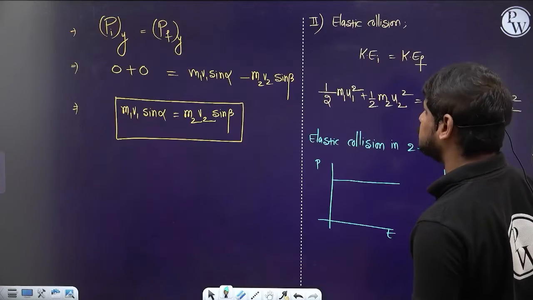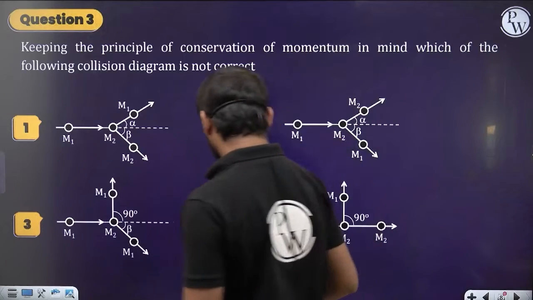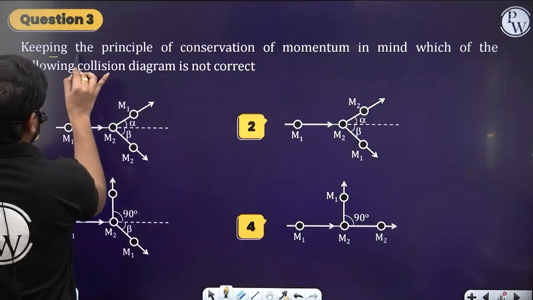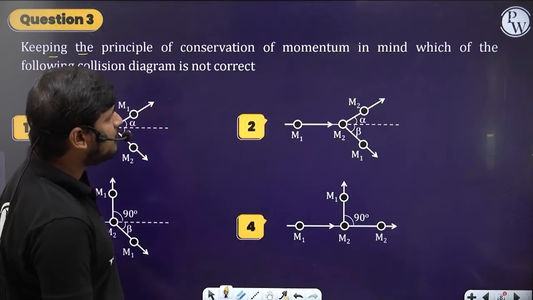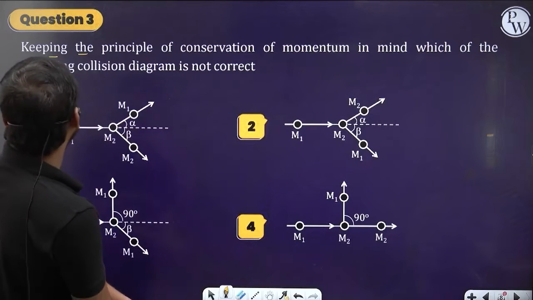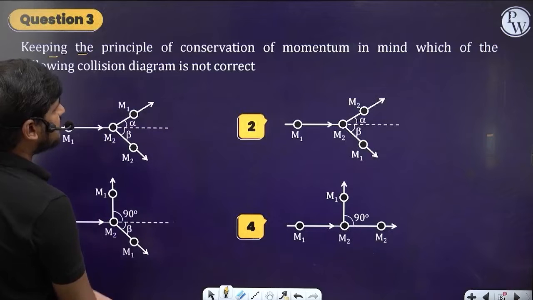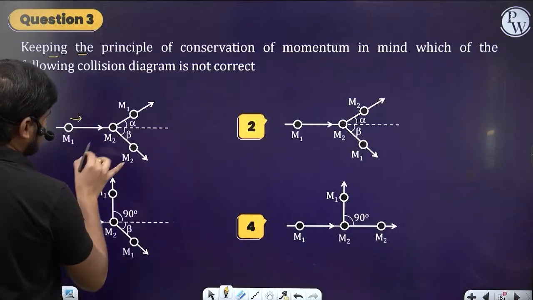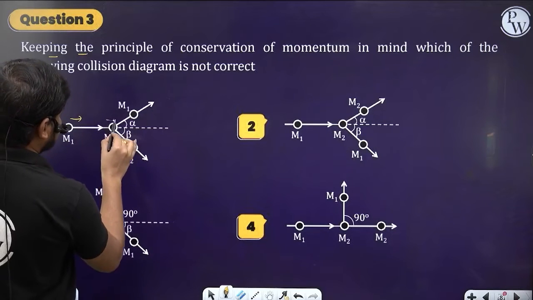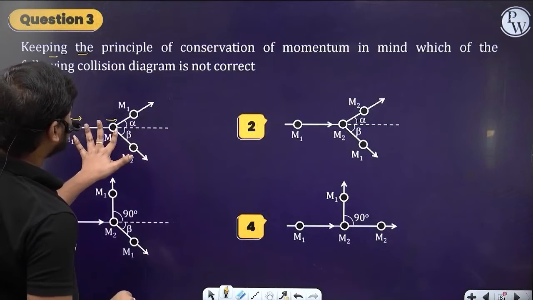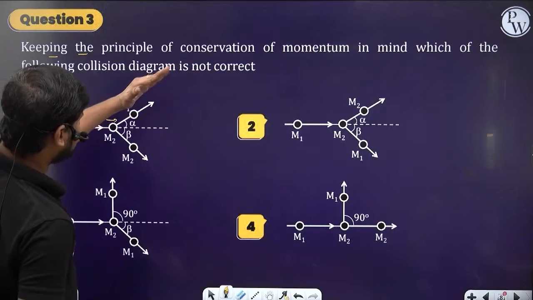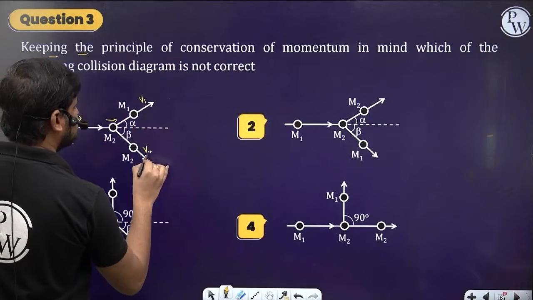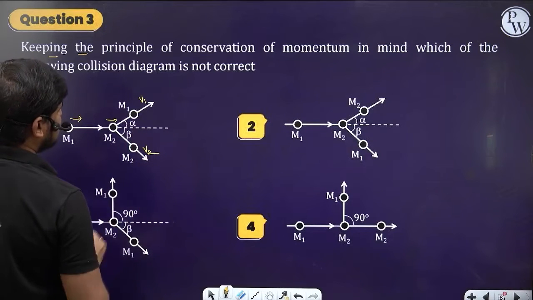So let's solve the question so that you will get the complete idea. We have got question number 3. See here. Keeping the principle of conservation of momentum in mind, which of the following collision diagrams is not correct? See here. The m1 particle is moving in the x direction. The m2 particle is moving in the x direction initially. After collision, m1 is moving with some velocity and m2 with some other velocity. Let's suppose m1 has v1 velocity and m2 has v2 velocity. Then I can say that m1's